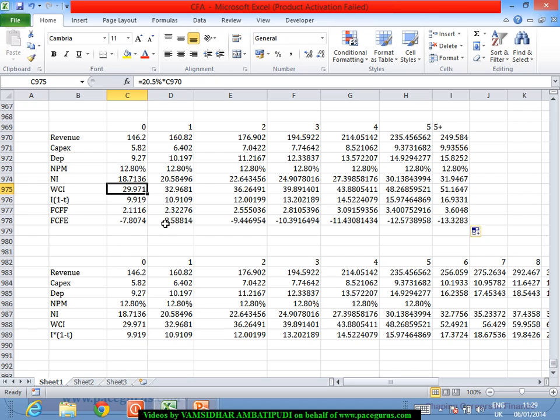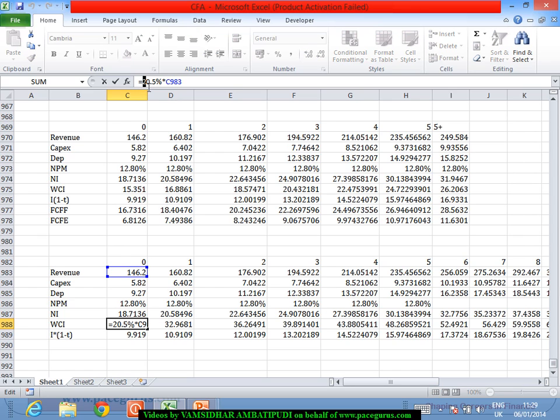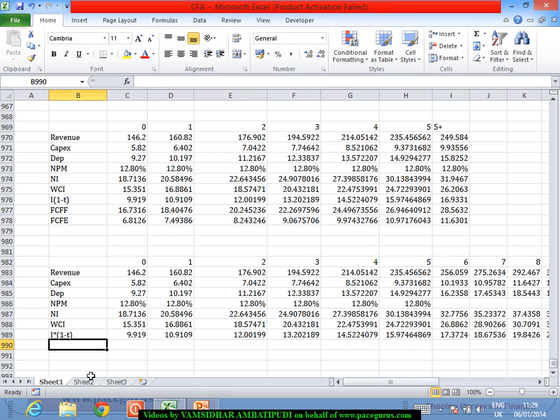Instead of saying 20.5%, what about 10.5%? Yes, looking better. So if I am taking the working capital investment just to be around 10.5% of the revenues instead of 20.5%, probably things are much better. So in this case also I can think of computing FCFF as well as FCFE,